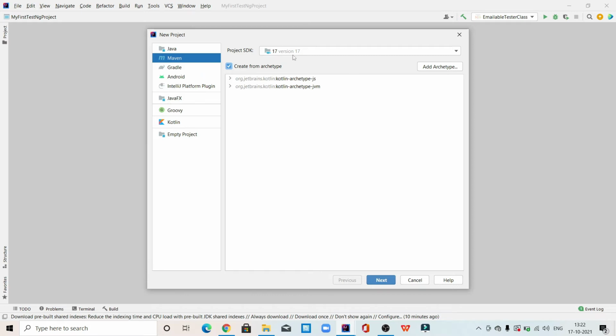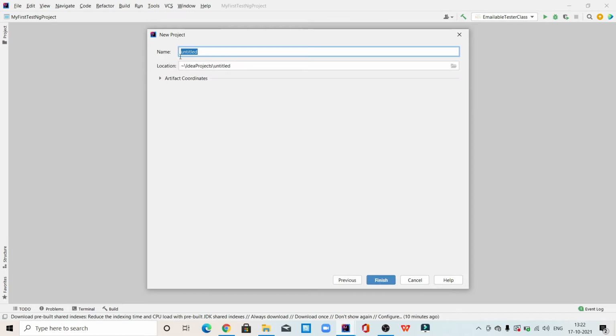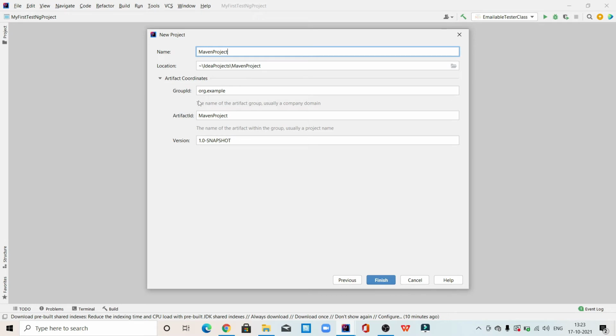This is my JDK version 17, which I've already linked with my IntelliJ IDE. You will get the one you have linked with your IntelliJ. Now simply click next, and here it will ask you for your project name. So in my case, I'm going to give my project name as Maven project. Now, when you click on this arrow, it will expand these options, and then it will ask you